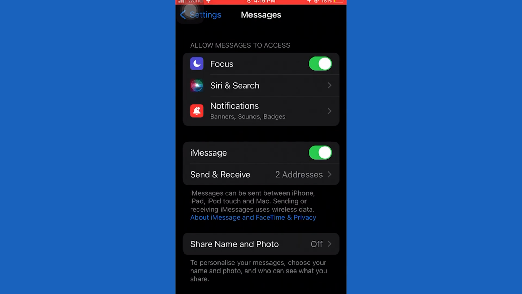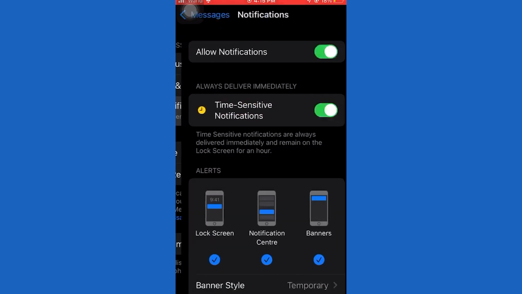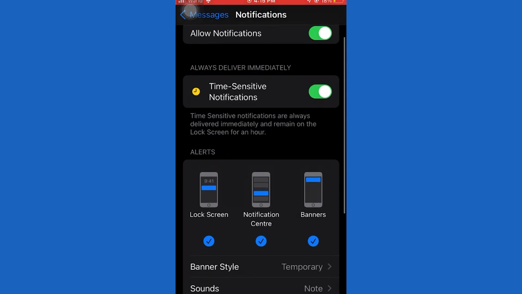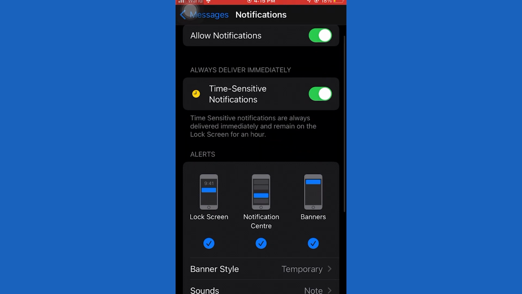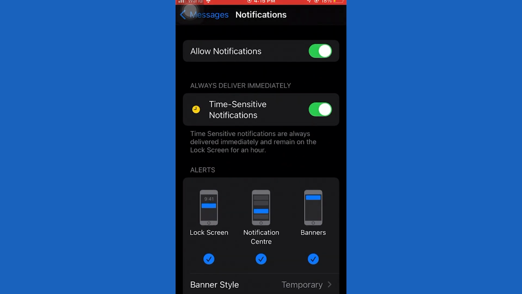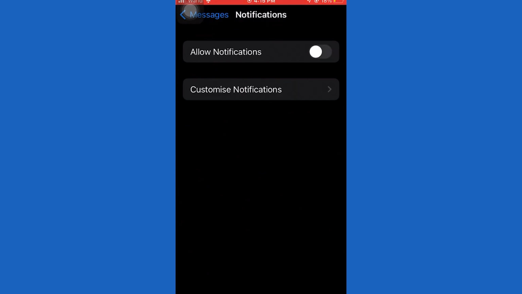And then select Notifications at the very top. Now, the first thing that you can do, let's say when you're sharing your phone with someone and you don't want the messages to pop up at the very top, is to simply select Allow Notifications and then turn it off. This way, the messaging app will not send any type of notifications, including to you. And you always have to go to the messaging app, by default, to check whether you have received a new